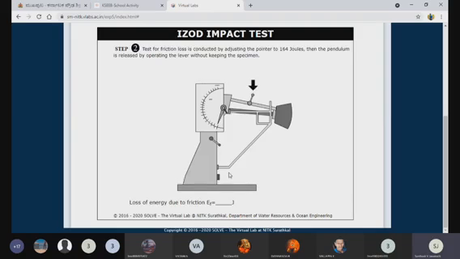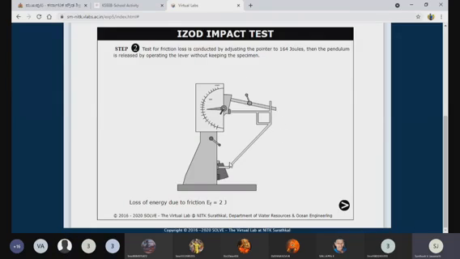Yes. Now I am clicking on this lever button. What is this? What is the second step? Impact load. Okay, yes, it is impact load. Release. What will be the next step? Second step, what does it indicate? Releasing the pendulum. Yes, releasing the pendulum